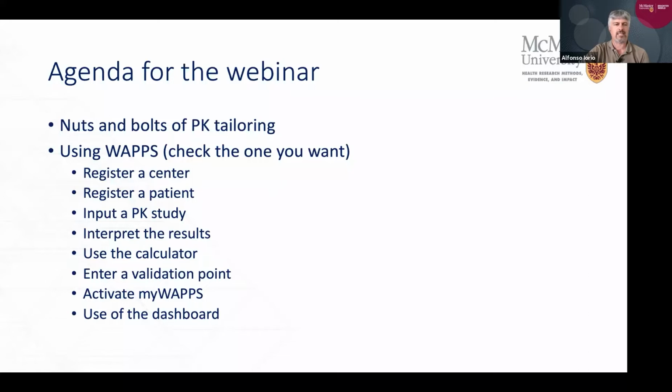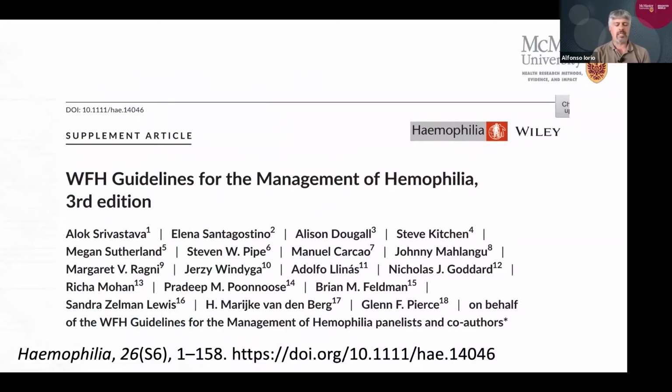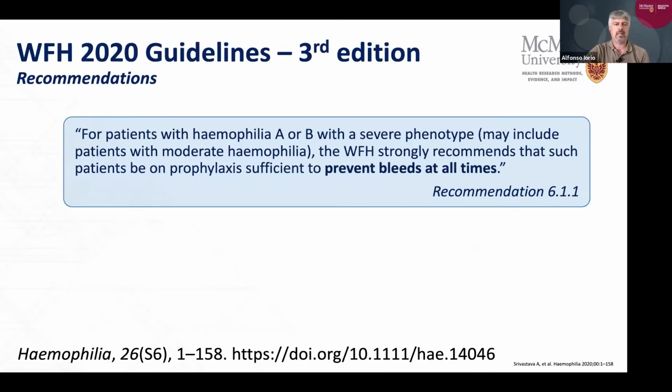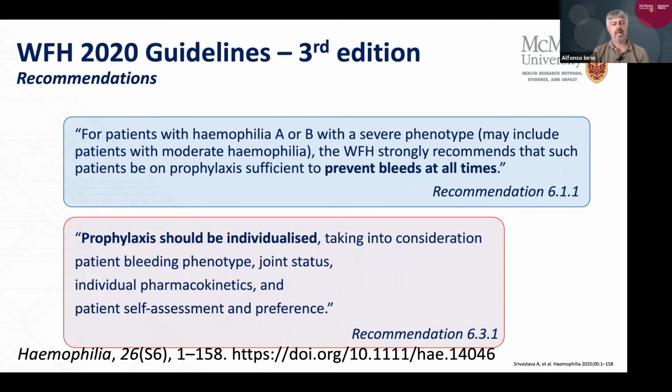population PK tailored prophylaxis. Now, I want to point to the latest version of the WFH guidelines on the management of hemophilia. I show here the authors. I was not involved. I work closely with the World Federation, but I was not involved in this specific effort. The reason I'm citing it is because the WFH guidelines suggest that the goal of prophylaxis now is to prevent bleeds at all times. Prophylaxis is no longer targeting 1% as a trough, but the trough that is needed to prevent bleeds in each individual patient. And the level you target may be different depending on the activity the patient is willing to achieve,